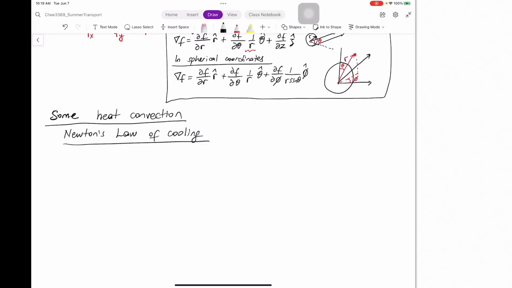This is a very basic model of convection, and it's also a constitutive equation. It's like Fourier's law. A constitutive equation means it's not based on general principles. It's just based on empirical observations